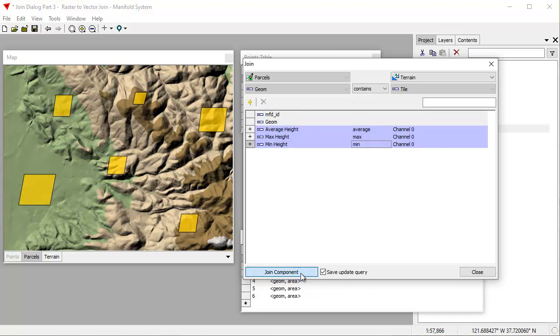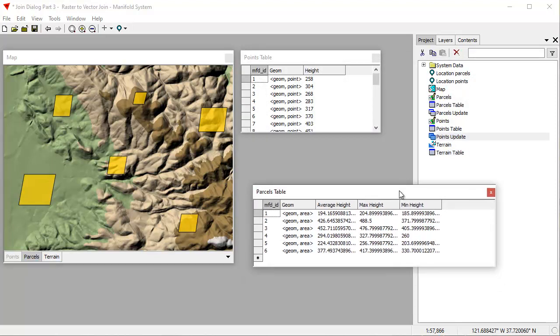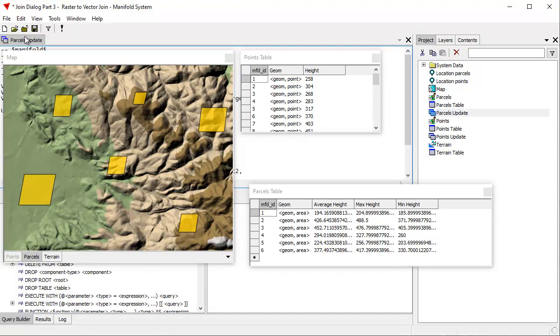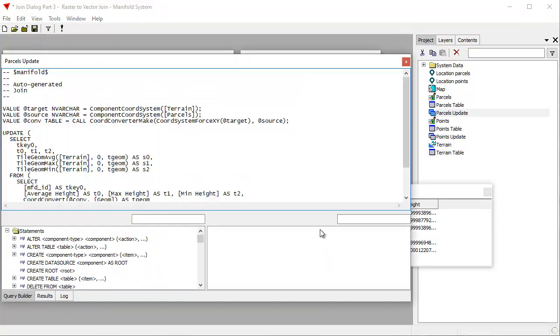If I click join component, bang, like magic, all that's added. And once again, if we want to look at the parcels update, here's the update query that we saved. Double click that open and undock it. And now you can see how all these look. If I want to round those, let's add round to all those as well. R-O-U-N-D. And let me